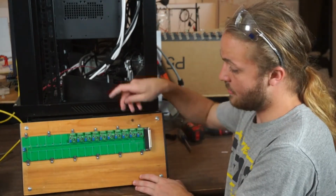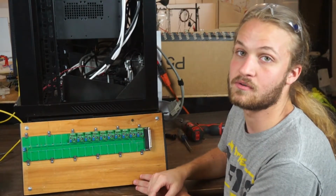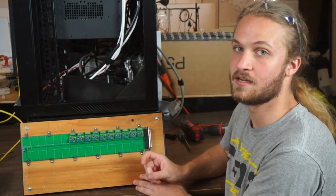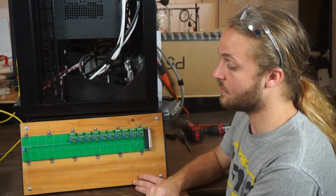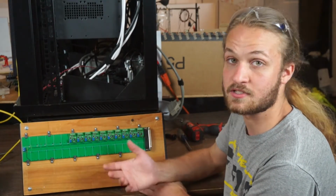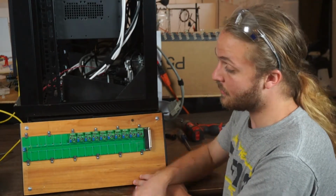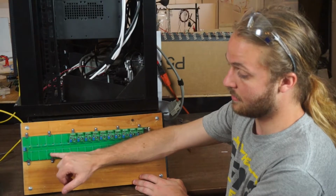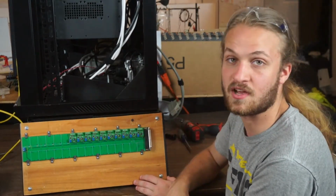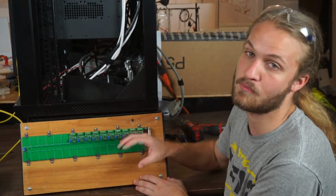So right now we only have 10 of the input modules populated. There's room for more of them to get to the full 32 single-ended sensor inputs. This allows us some modularity in the design, where we can include different types of input modules if we wanted to have, let's say, a different supply voltage range or some different type of signal filtering. We can also span the input across these two modules here to allow for a differential input. We have to reconfigure some software, but in the case where we need a differential input sensor, we have that capability with the